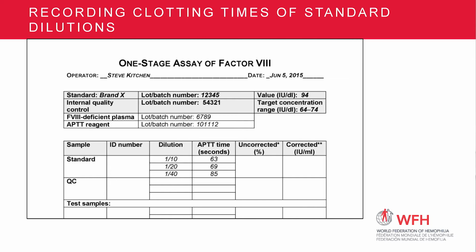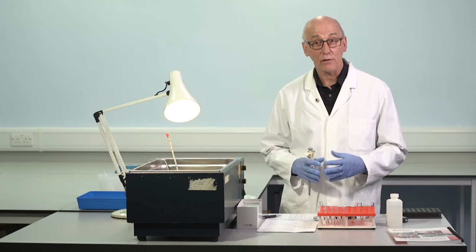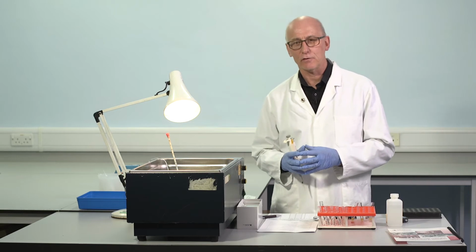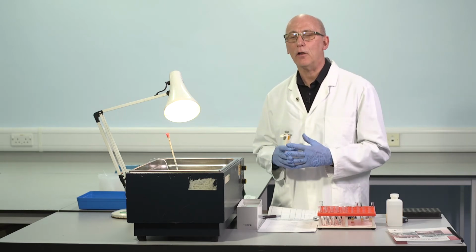And the 3 clotting times. So that will allow us to construct an initial calibration curve. So we need to include an internal quality control within the assay. It's really important that any group of patients, 1, 2, 3 patient samples being assayed, we should include alongside those